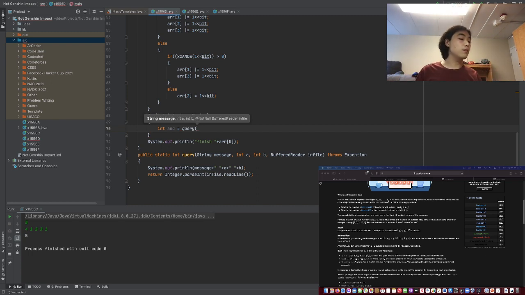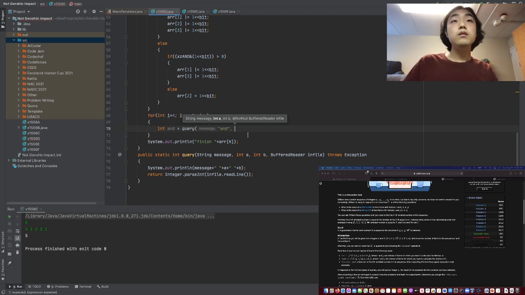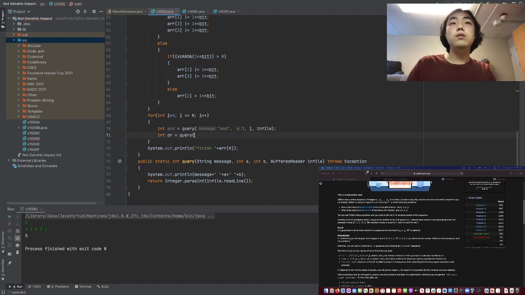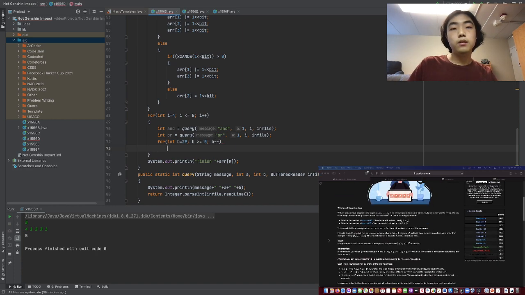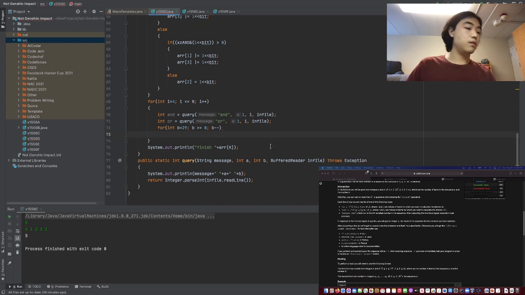Okay, if we know this value, then we know what that value has to be. So then we just query and, like, 1 and then 3, or I guess just 1 and then i. And 4 is equal to 1 i in file. 4 and bit is equal to 29. If bit is at most 29, then we know that,